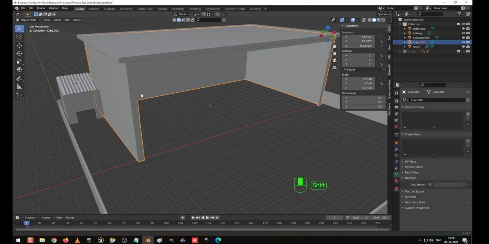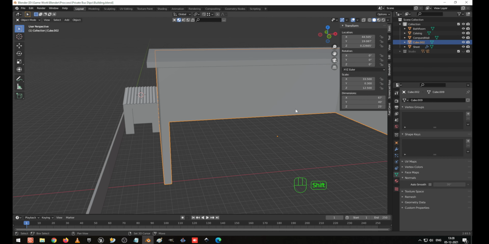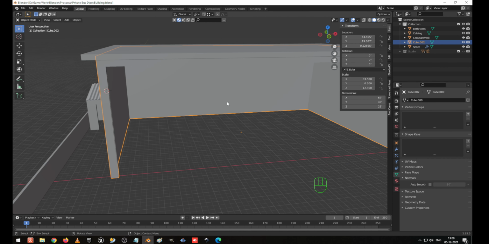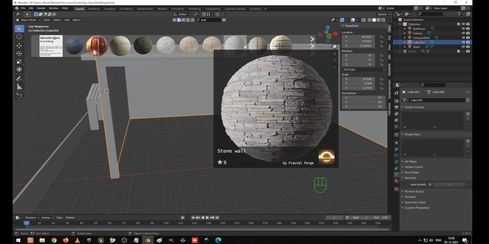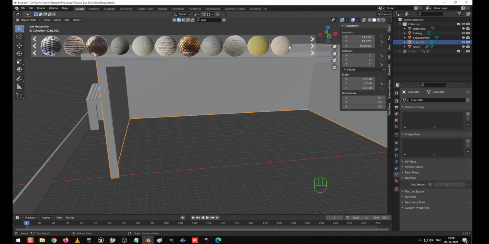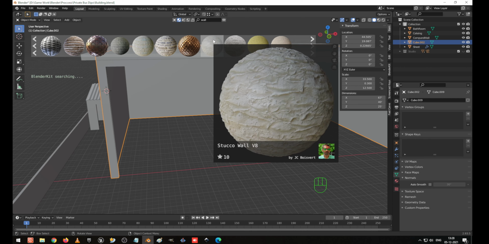So I'm going to give the color. Okay, let me see. Go to the material library. Here I am going to search for the wall. I press enter to search. Here there are many different walls.